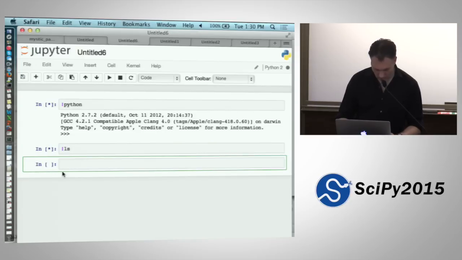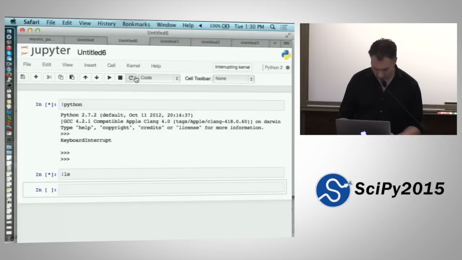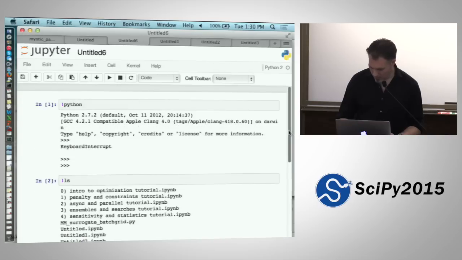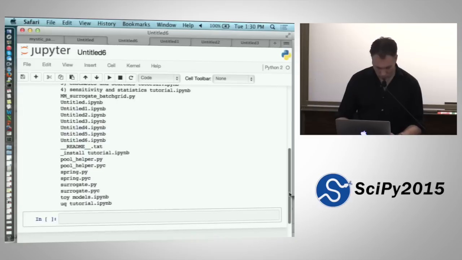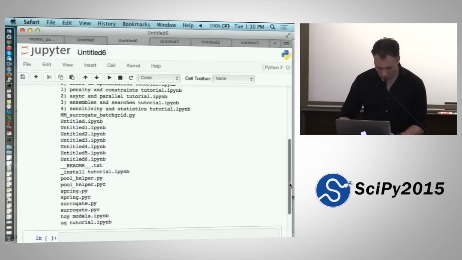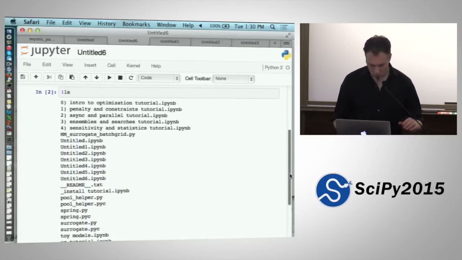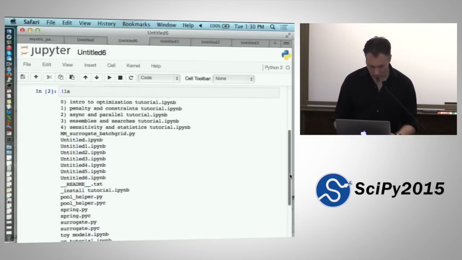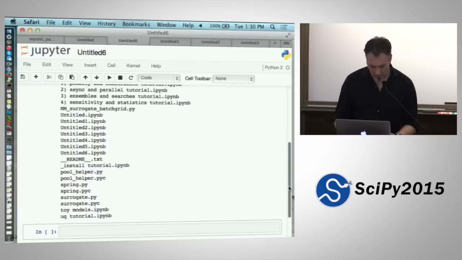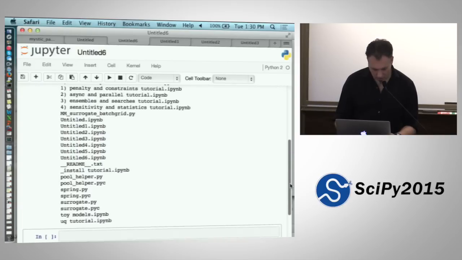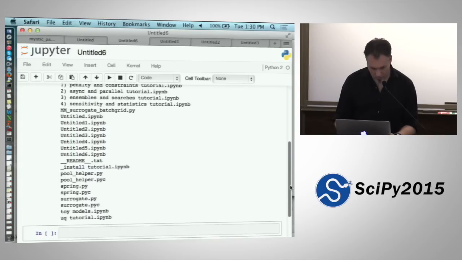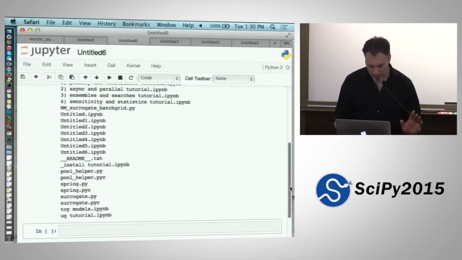Okay. Oh. Interrupt the kernel. Fun. No. It's basically Mac ports. Yeah, it's because I have all sorts of different Pythons installed, and I just have to